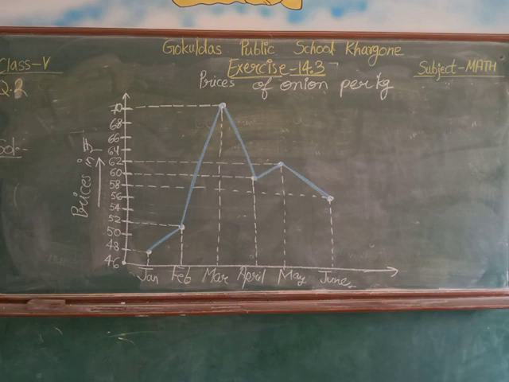Take the screenshot. Remember, when you draw line graphs, give a title to it, draw the vertical line properly, draw the horizontal line properly, give numbering on the vertical line, and write the time duration on the horizontal line. Then mark the points and join those points with the help of straight lines, and you will get your line graph. So it was the solution. Take the screenshot.